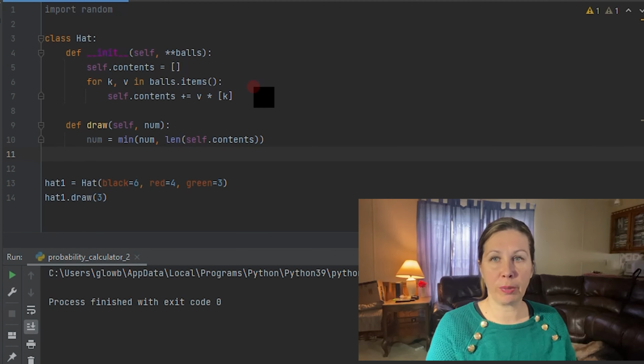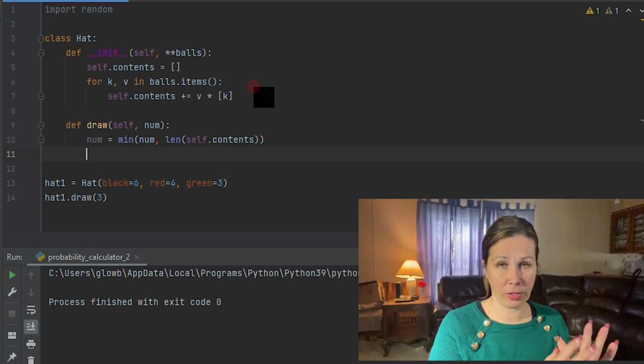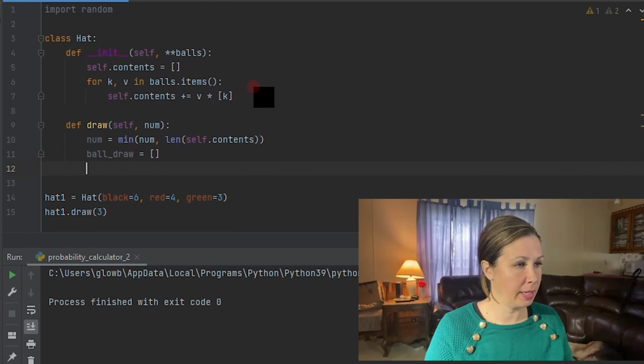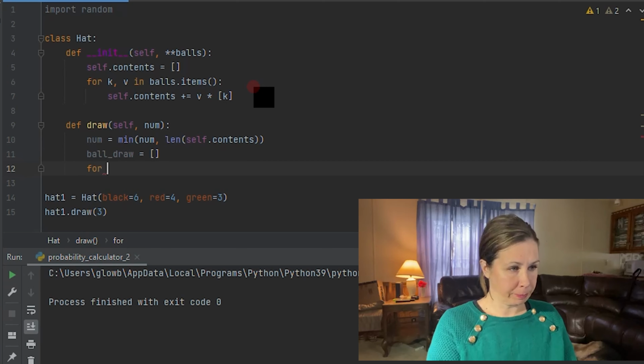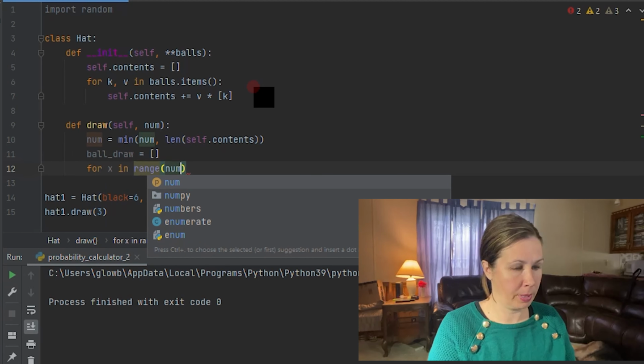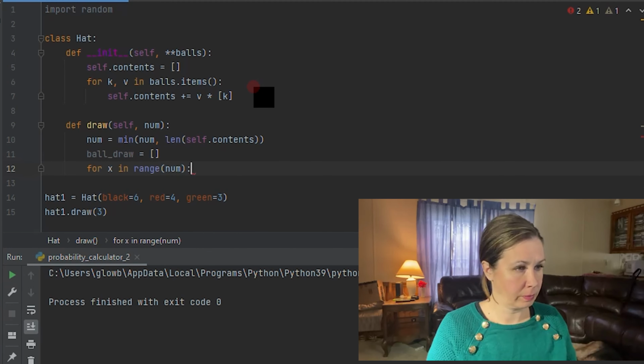And per the instructions, we need to take our draw and put it into a list of strings very similar to the contents of our hat. So I'm going to make it called ball draw. And again, we're going to set it as an empty list. Okay. And what we need to do next is loop through our num. So for x in range num, for each ball that we draw out of there,